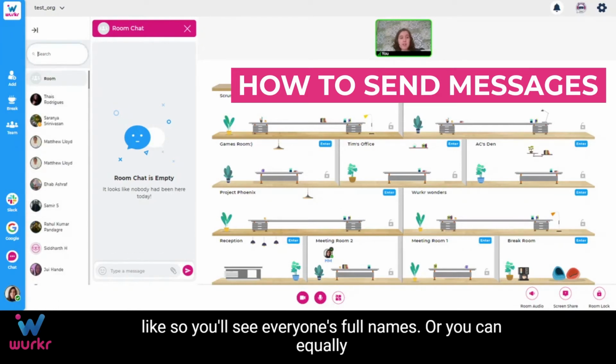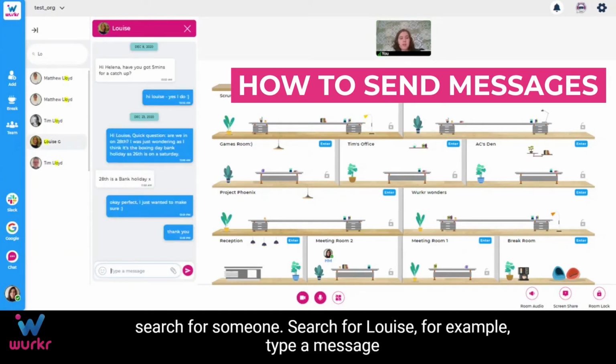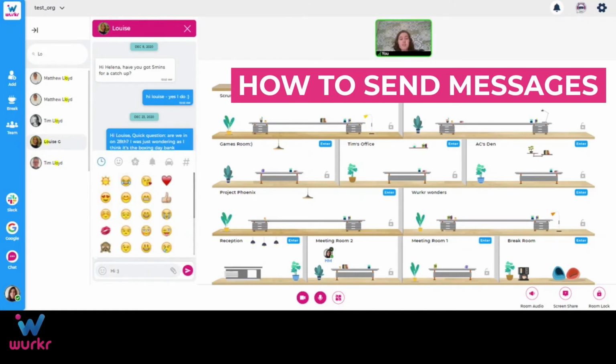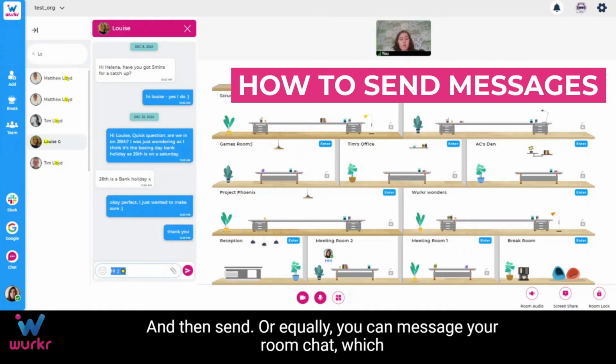Or you can equally search for someone, search for Louise, for example, type a message here. You can also add files or emojis and then send, or equally